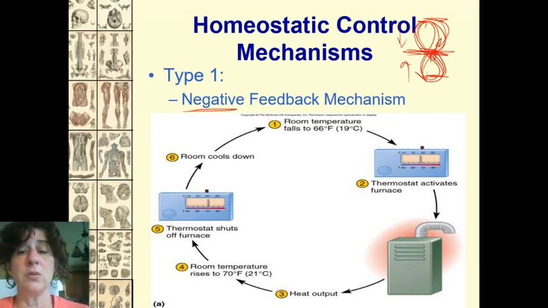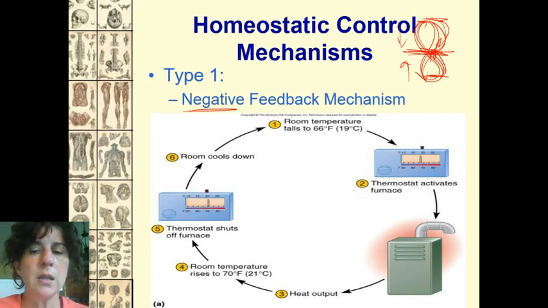Negatively responding to things. This is the most common type of feedback mechanism. This is the one that most of your body organs work on. Try and stay within a normal range. If you get outside the normal range, you're in trouble. So let's stay within that range and make small adjustments while we still can, okay? This is also how your thermostat at home works, or your air conditioner at home.